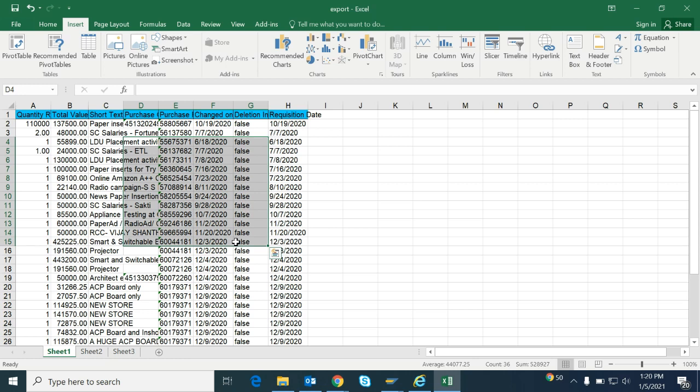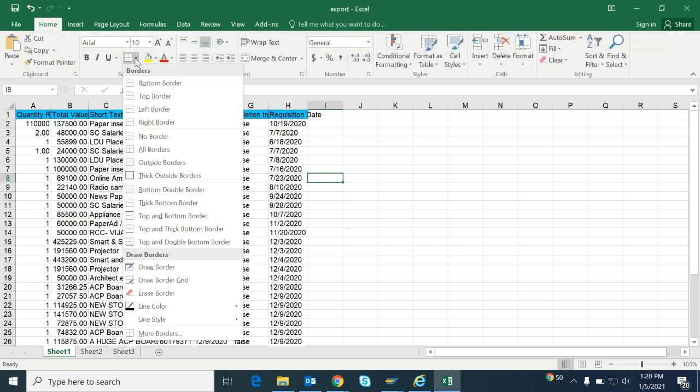Whenever you are working on an Excel file and you use both keyboard and mouse, say you are typing something and you want to give a border, you have to move to the mouse and go through the menu. When you move your hands from keyboard to mouse, that consumes some time. To make use of Excel more efficiently, you can use Excel keyboard shortcuts. That will save your time also.